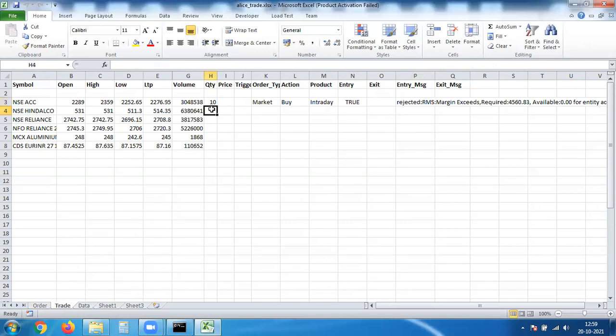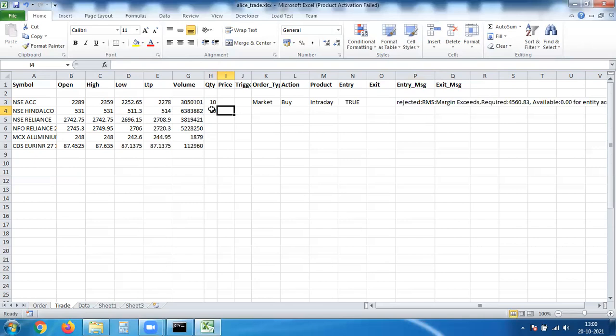Likewise, if I want to buy 10 quantity of this, but this time I want this to be a limit order, because nobody wants to place a market order. Sometimes if there is a gap between the bid side and ask side, and you put a market buy order, there may be a huge slippage.